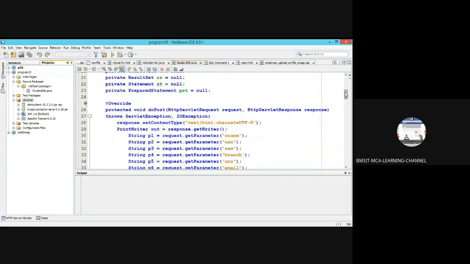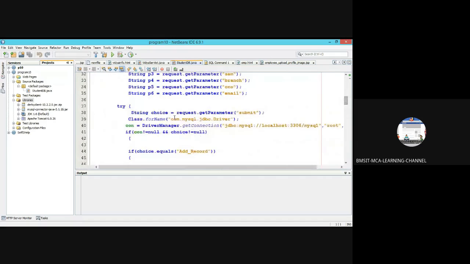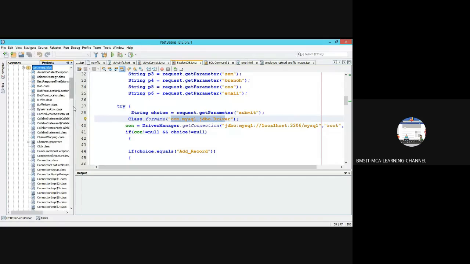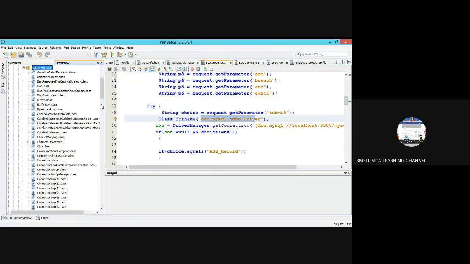com.mysql.jdbc. The driver name is com.mysql.jdbc driver. It is shown in bold. You can expand this. In the expansion, you will get this. Observe the third option, com.mysql.jdbc. Again, expand that, and you will get a lot of class files and packages it supports to run your Java